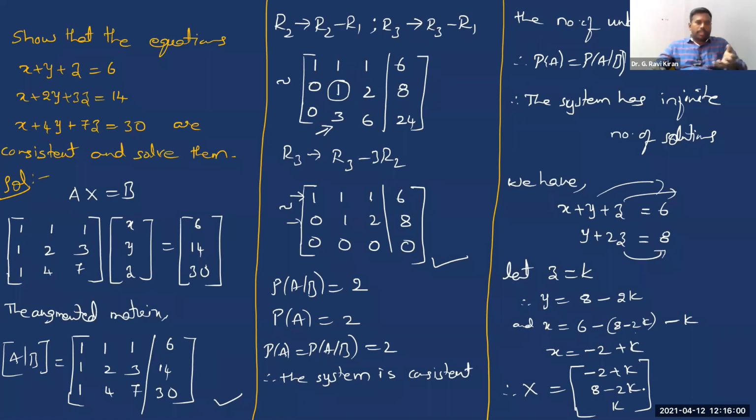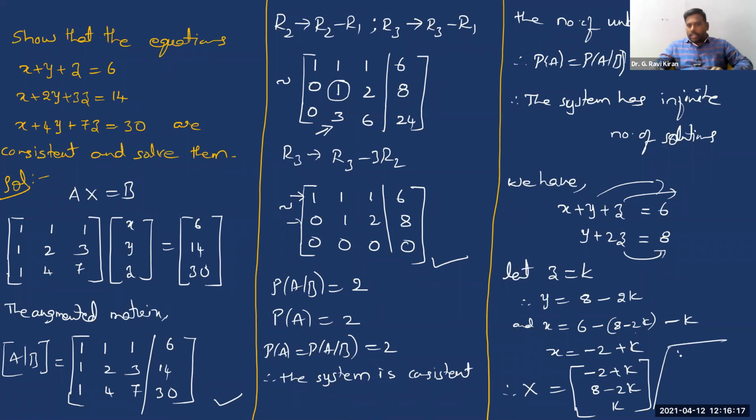So right, you can ask me then, where are the infinite number of solutions? We said a few minutes ago there are infinitely many solutions, but I'm showing you only one solution. Where are the infinitely many solutions? You will get different sets of solutions for different values of k.